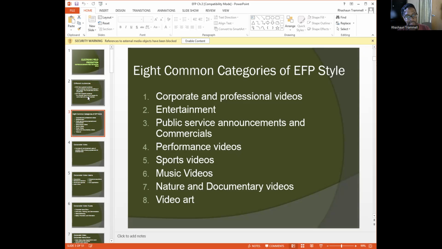Performance videos: think of things that happen on stages, whether a play or a musical performance, those types of things. Usually there are multiple cameras that deal with those.